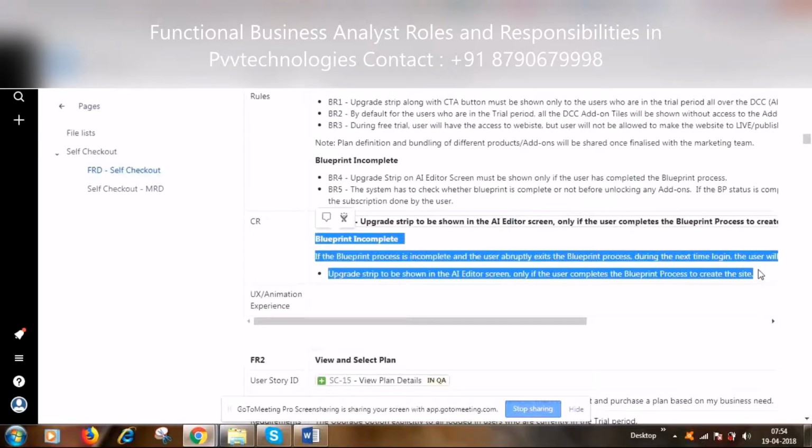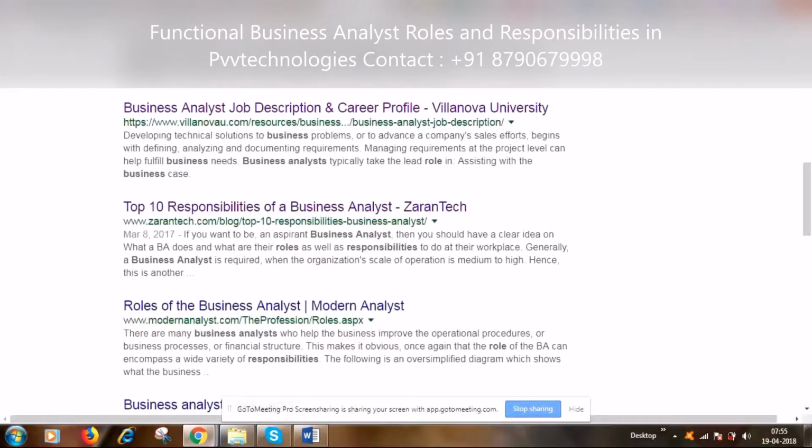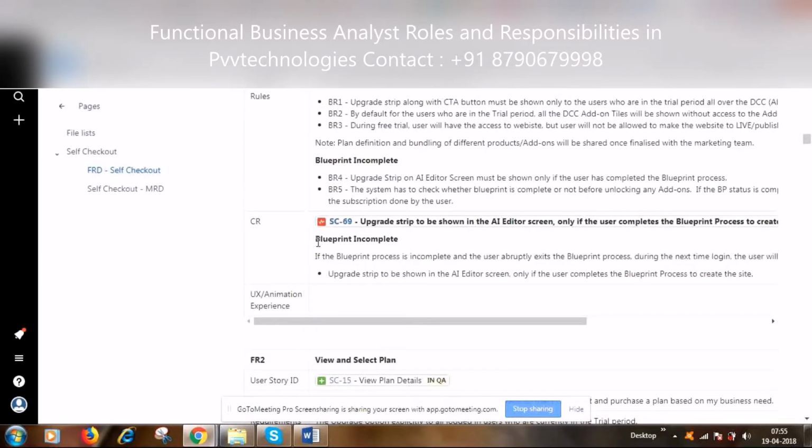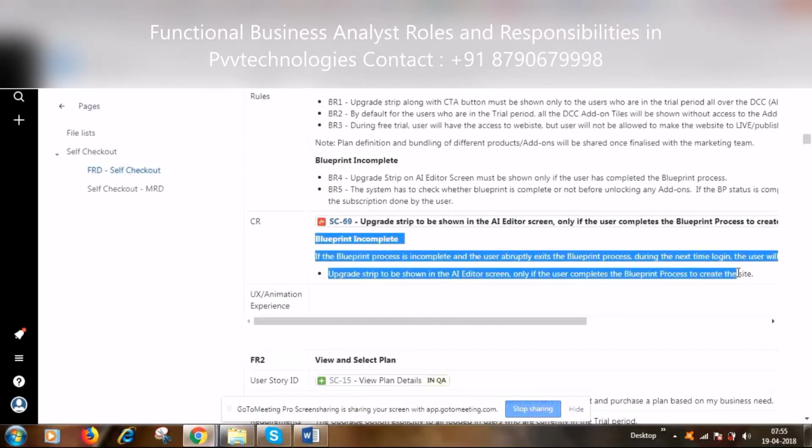What they said is, if the user is not completing the particular stage and he comes out abruptly out of the screen, say for example because of network failure, or mistakenly the user has clicked some tab. Say for example, unknowingly the user, instead of closing any other item, mistakenly has clicked one of the tabs and then has come out. So in that scenario also, we need to maintain the state, and then once the user comes back, logs into the system, he should be able to see the work he has done. So that is one of the change requests we receive.